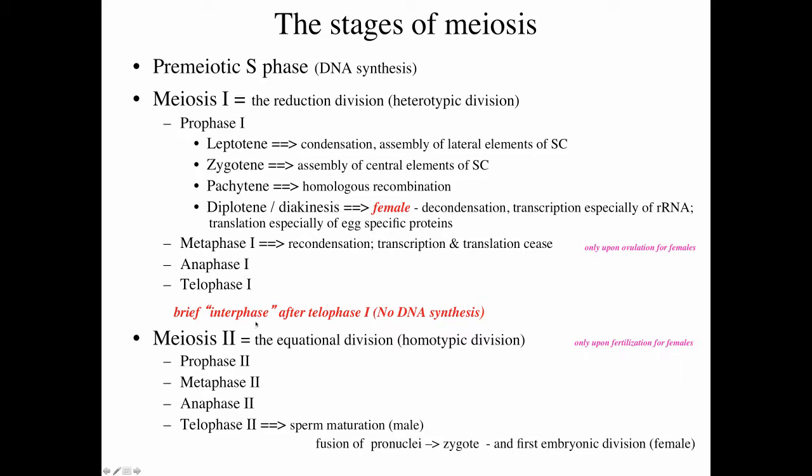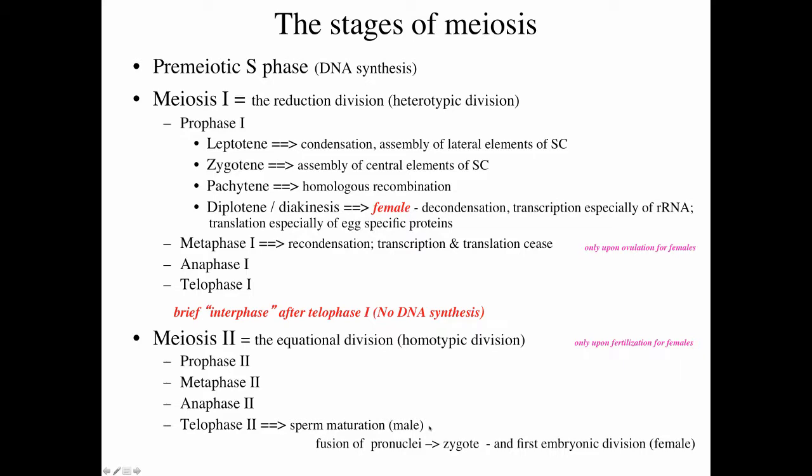There's a very brief interphase after telophase. There's no DNA synthesis. In humans, you can hardly recognize that interphase. Meiosis 2 is the equational division or the homotypic division. In human females, this only occurs if the egg is fertilized. So there'll be a very quick prophase 2, metaphase 2, anaphase 2, then telophase 2, and in sperm, after telophase 2, there's a whole series of maturation events that are going to occur as the sperm matures. In the egg, after telophase 2, the pronuclei will fuse, and then you'll get into the